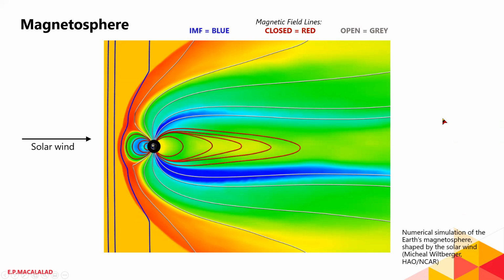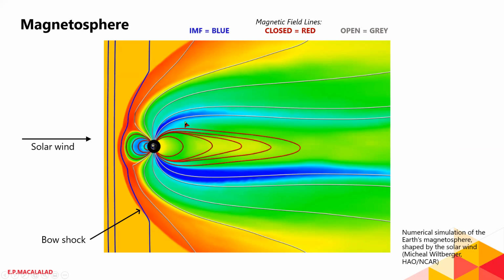Or it can also interact with the magnetic field produced by other planetary bodies. Okay, now let's look at the parts of our magnetosphere. So first, we have the bow shock. The bow shock is formed due to the relative supersonic speeds of the solar wind. It separates the free streaming solar wind from the region where the presence of the Earth's magnetic field has significant influence in the space environment.